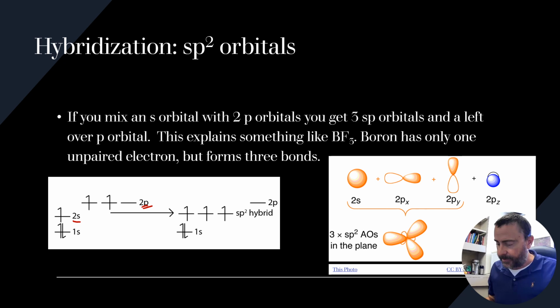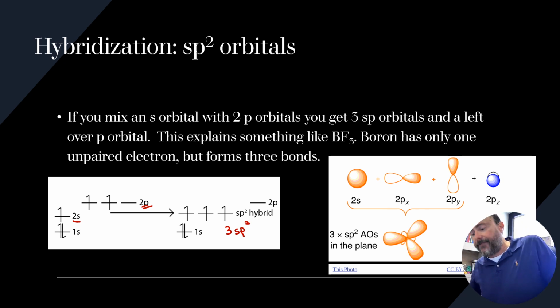With two of those p orbitals, I've got an s and two of the p's mixed together. I've got three orbitals total, so I have three sp2 orbitals. Notice that I now have the ability to form three different bonds. This is something like BF3. So boron,